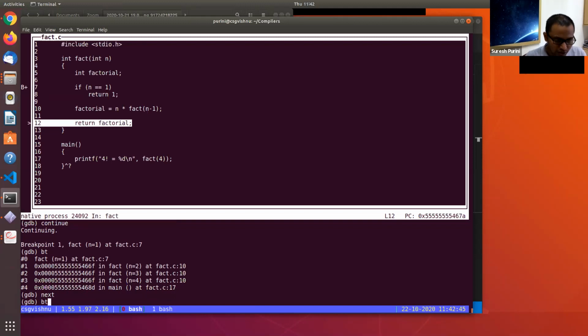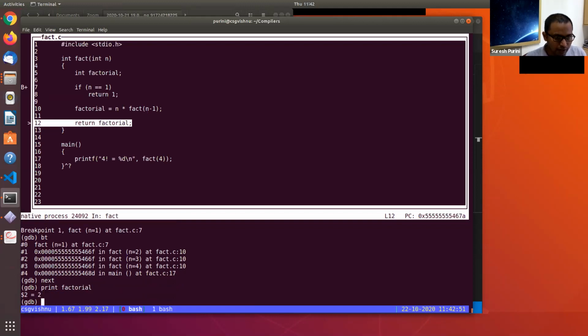Now let's see the value of factorial. We are in fact 2 at the end, so the value of the local variable factorial is 2, because this got executed.